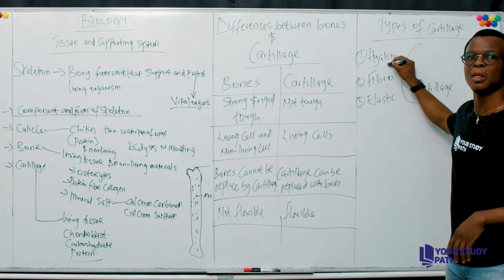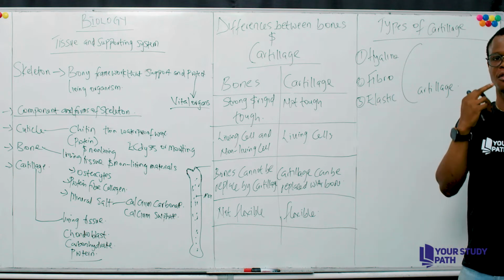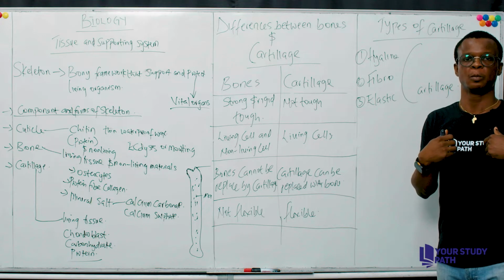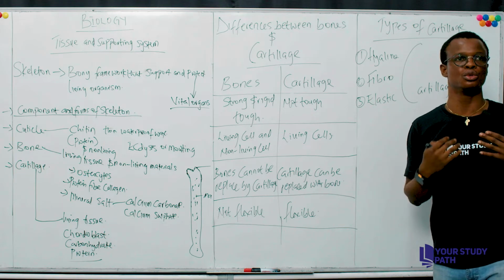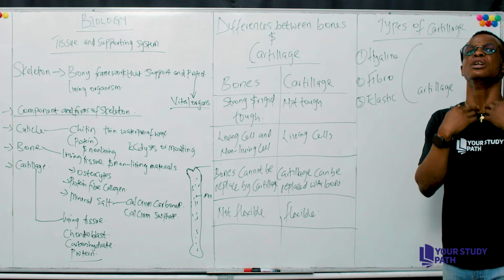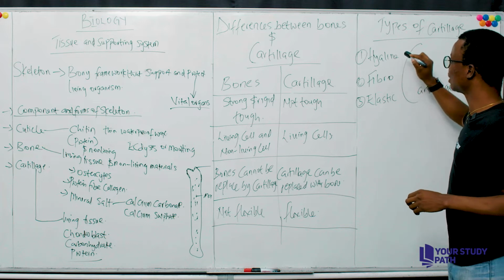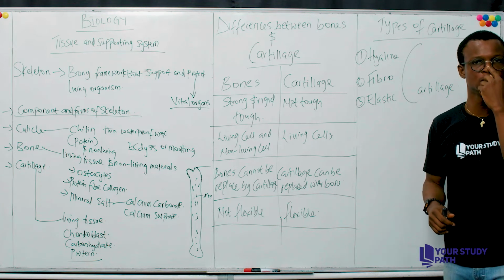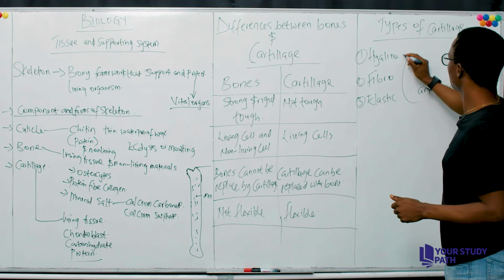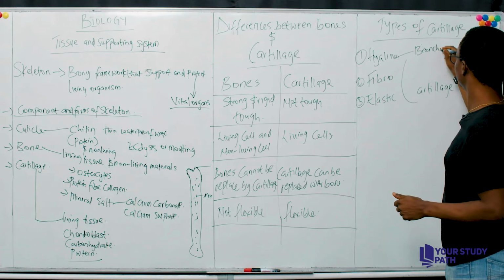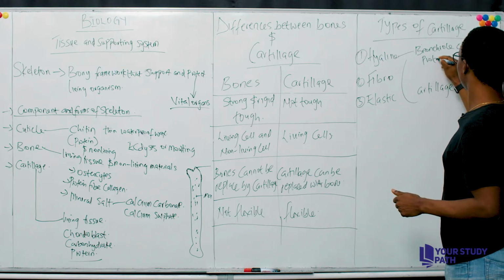So hyaline cartilage is found at the bronchioles. That's where you find mostly this cartilage. It can also be found close to the esophagus. That's where you find the hyaline cartilage. Hyaline cartilage can also be found at the protruding part of your nose. So, the bronchiole. And the protruding